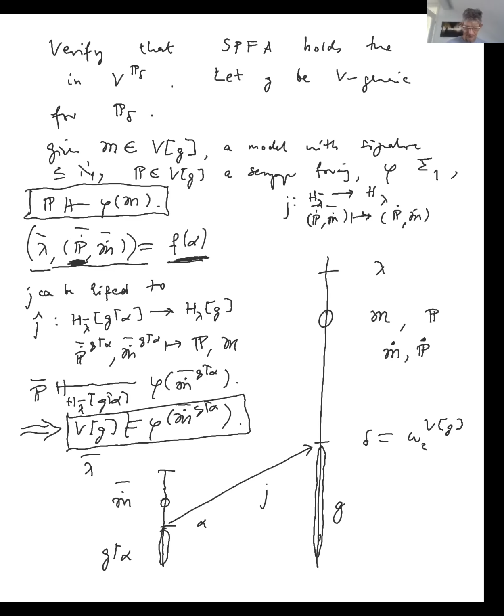Why is that? Maybe it doesn't hurt if, just by a picture, I repeat the argument we just gave before the break. Okay, so it turns out that in the model V of G, which was the forcing extension of V by P delta as defined before the break,